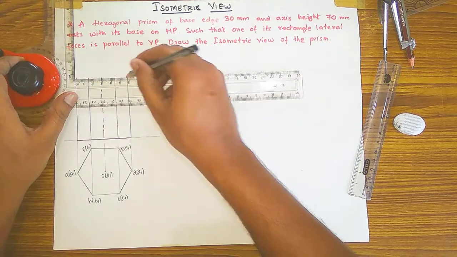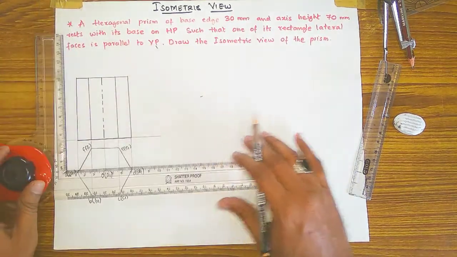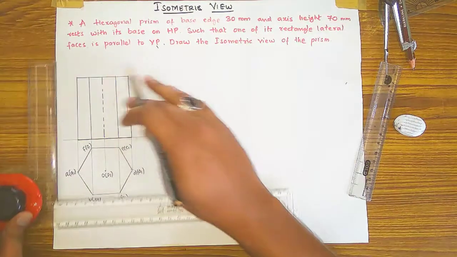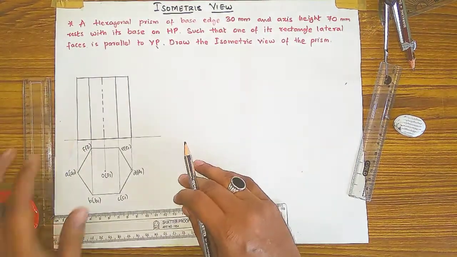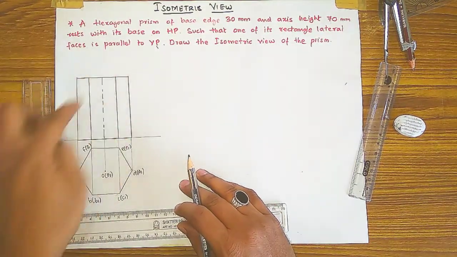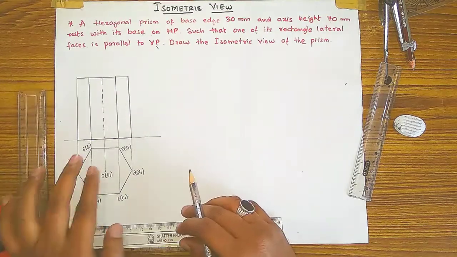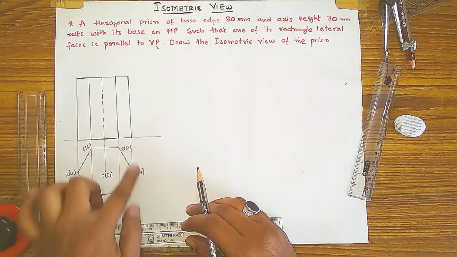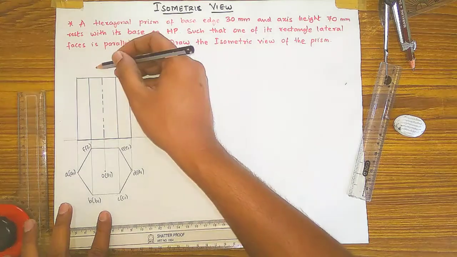And you have to join this upper face of the prism, and this is the prism you have drawn according to the 70 mm dimension. Then after, you have to show the dimensions upwards and downwards. So how to do these dimensions? Means these points you have to see from the downwards and label up and down.